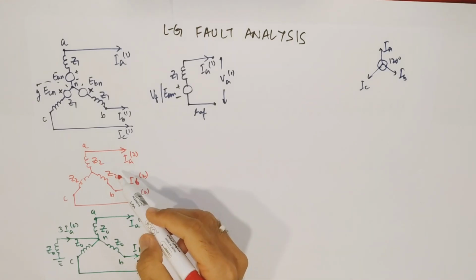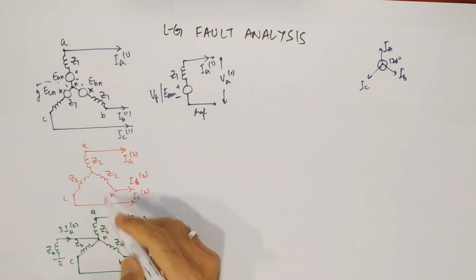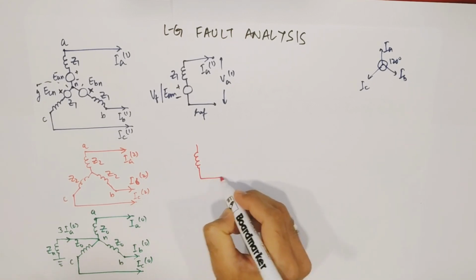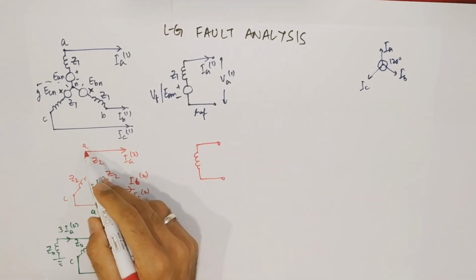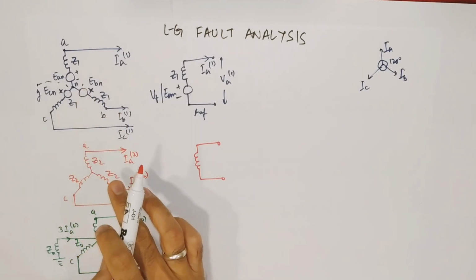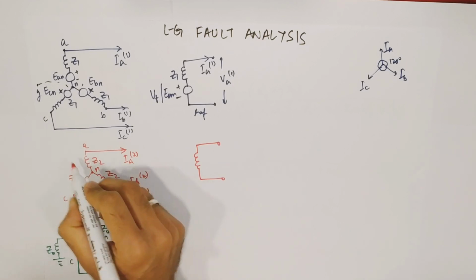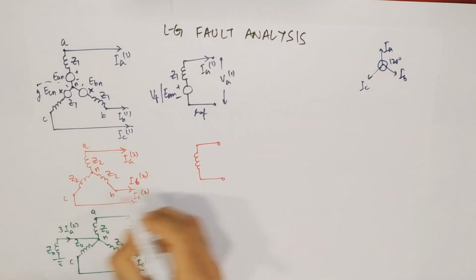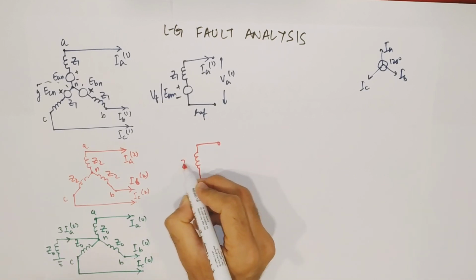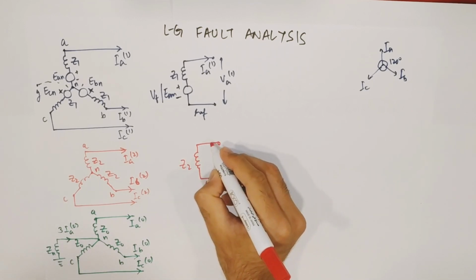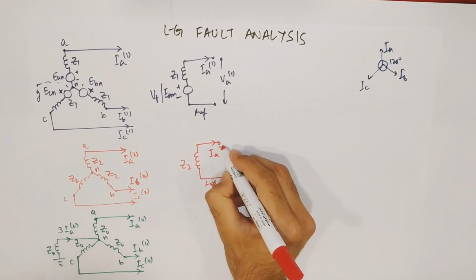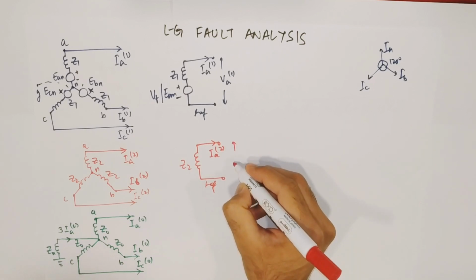Now in case of negative sequence, you have only impedance left, and again in negative sequence also the current magnitude is same and they are 120 degrees apart, so the neutral and the ground point voltage will be same. So again this becomes your reference and this is your Z2, and as there is no EMF, I have not drawn it, and then this becomes your IA2. Then the voltage across these two points will be VA2.